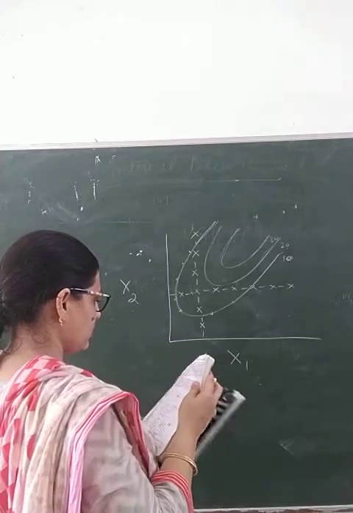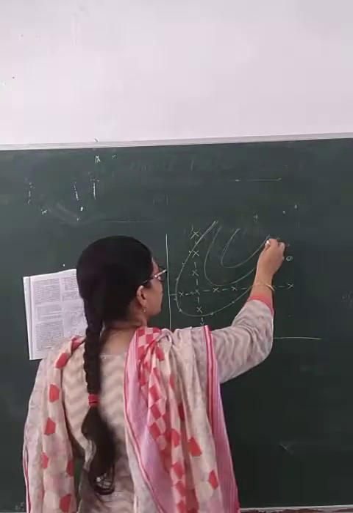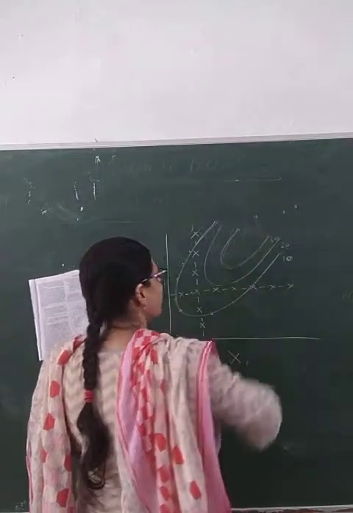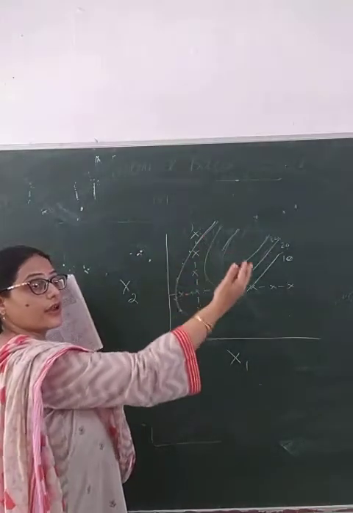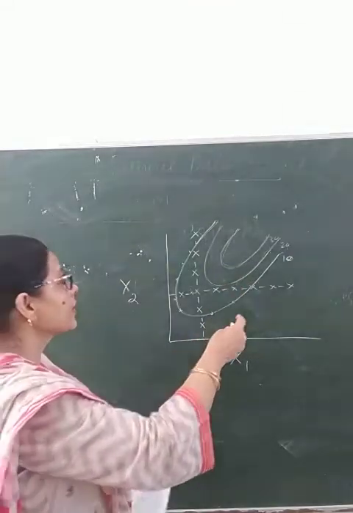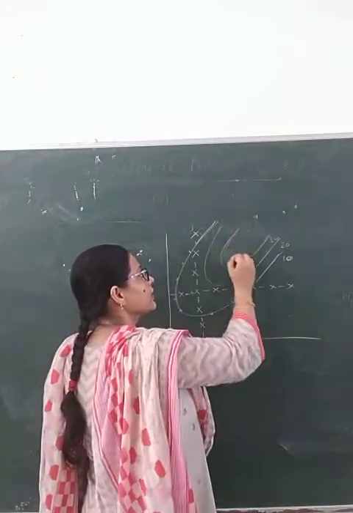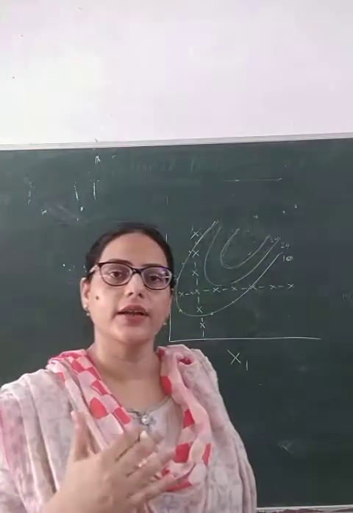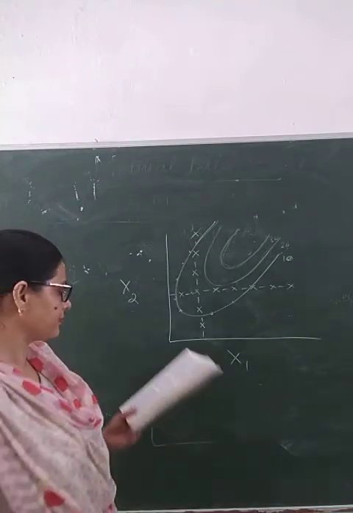Now, we have seen that this area is giving the best yield. Okay. So we will ignore the other area and then we will run another set of experiments keeping the values of x2 and x1 near this area. Okay. So gradually we are screening and cutting down the set of experiments.